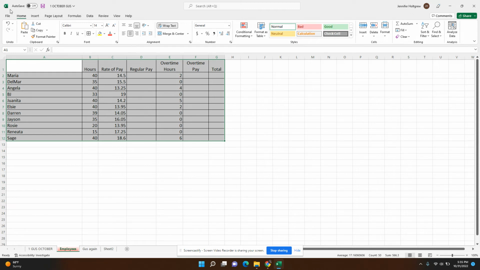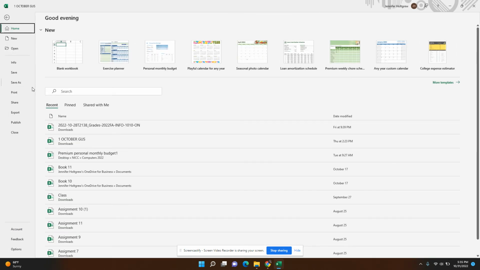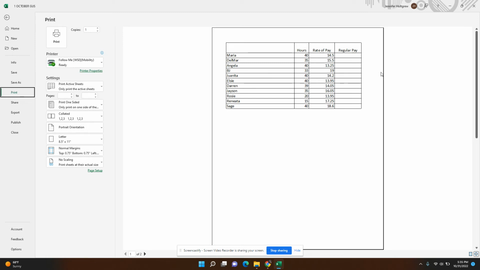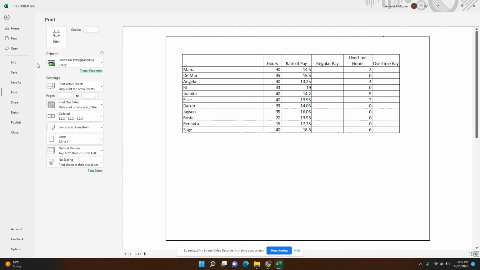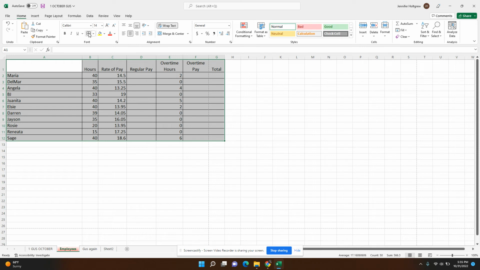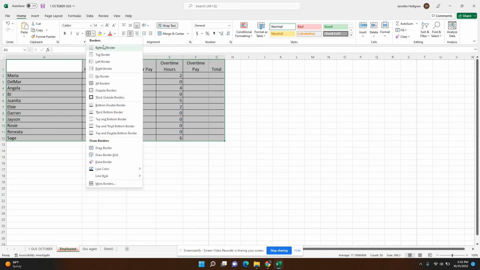So if I do a print, here's my print preview. I've hit the print button, and then on my screen it shows what I'm going to actually be showing. And you can see it looks so much nicer. Now, you'll notice not everything came over, so if I wanted to, I could do the landscape, and then I could catch more of it. I've also made it a bigger font for our screen, so I could go back and I could do that as well. So if I come back over here, and if I took that border off,